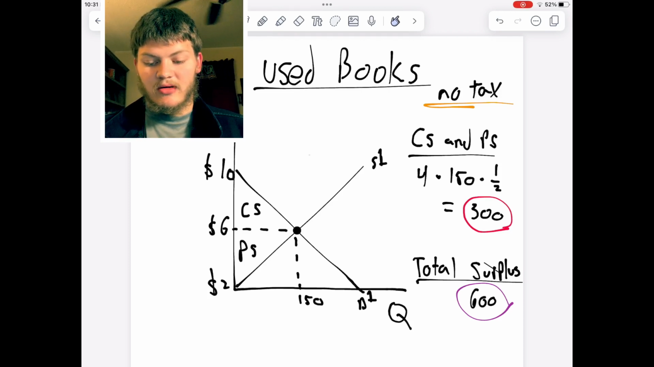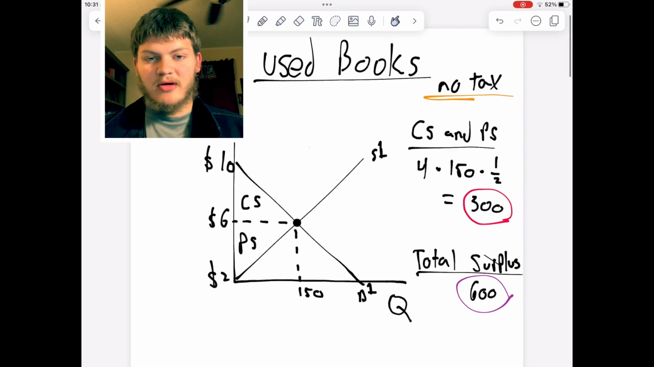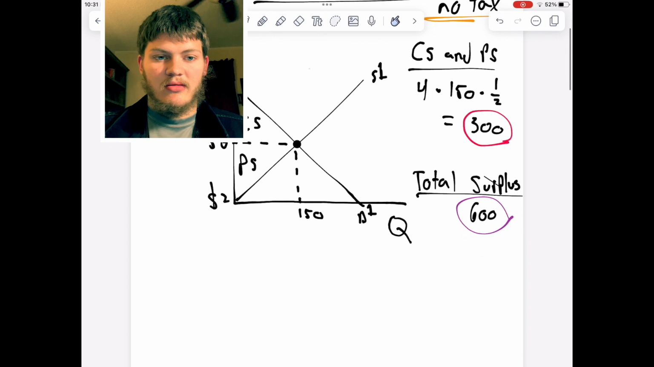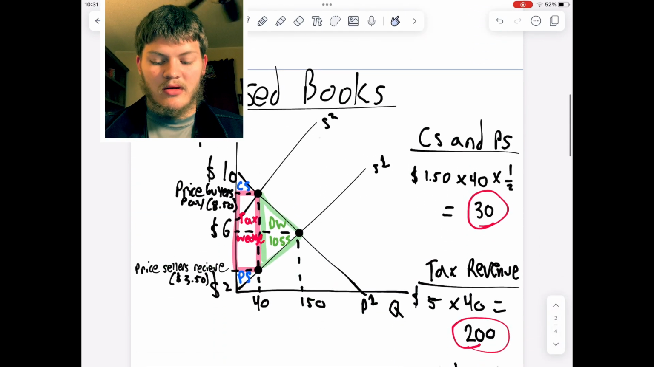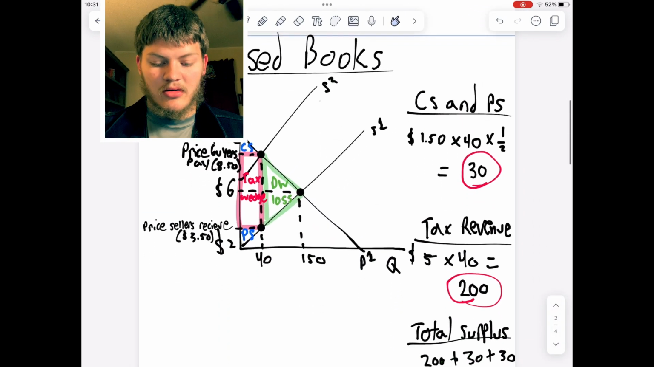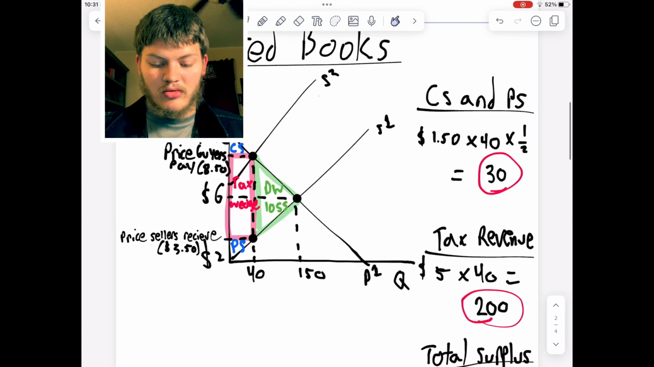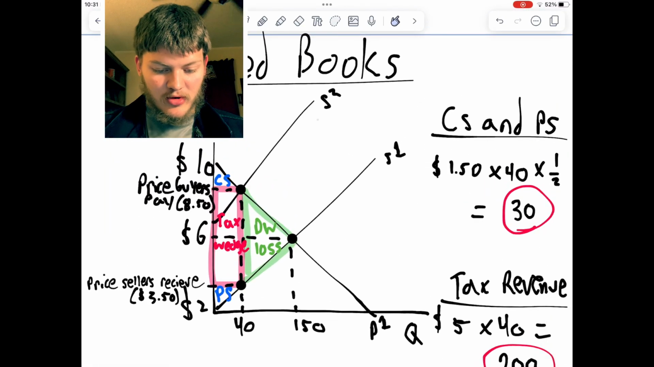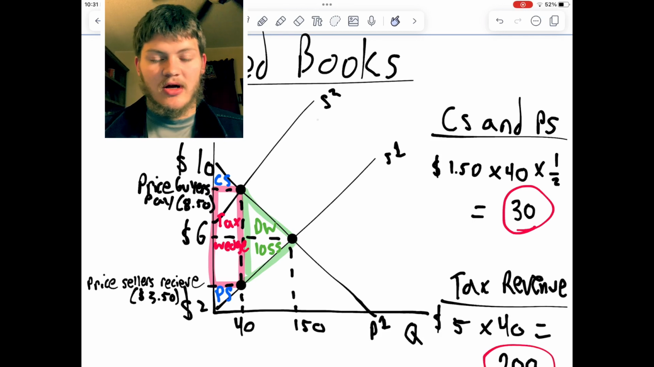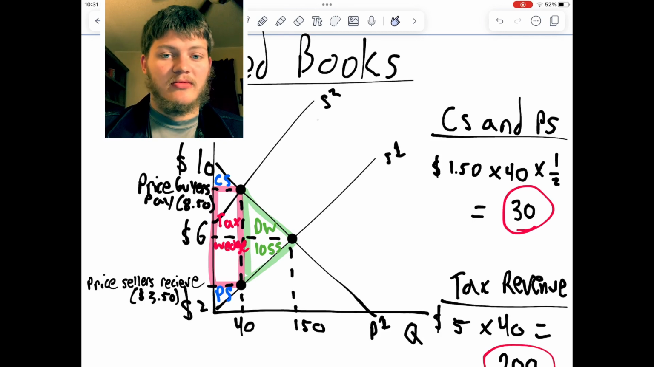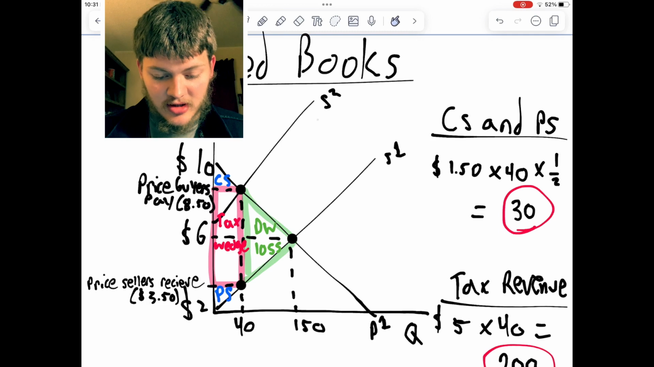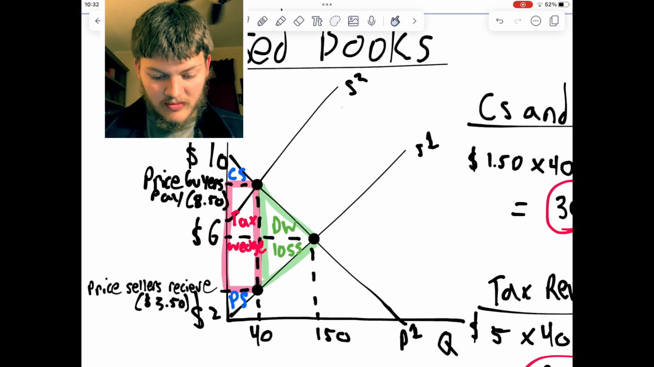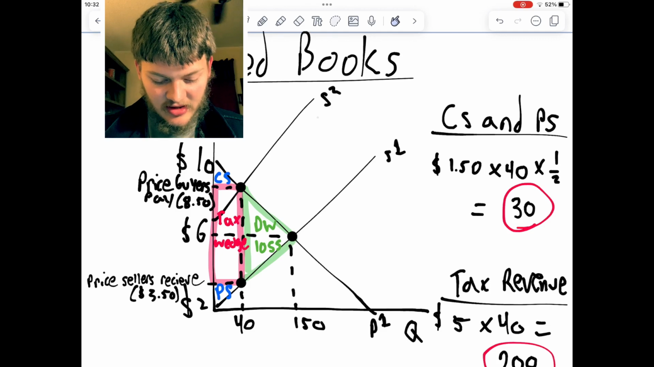Alright, so we're going to use the same market, but we're going to place a tax from the government, and it's down here. So let's just zoom in here. A little bit more confusing this time, but we're going to explain it real nice for you. So here we go. Used books, again, the government has instituted a tax,